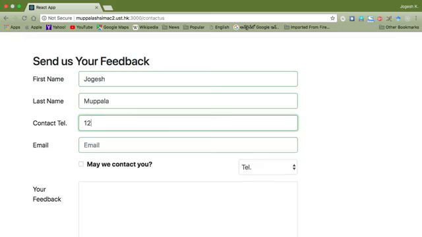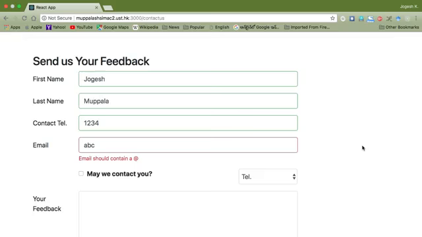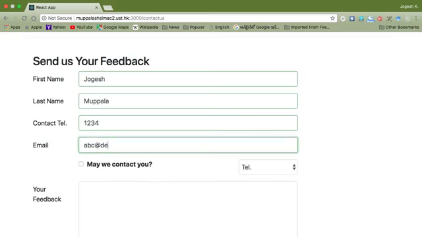So if I type in numbers, then there is no error. So the regular expression is being verified correctly. For the email, you see the error immediately. But the moment I type in,